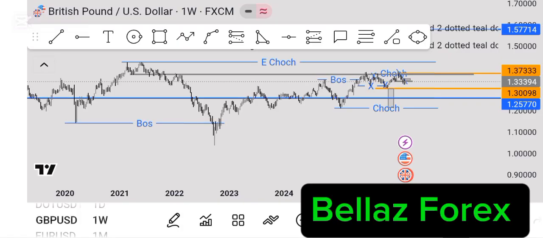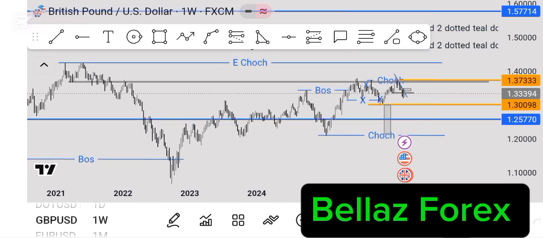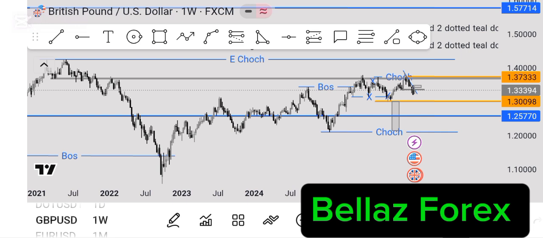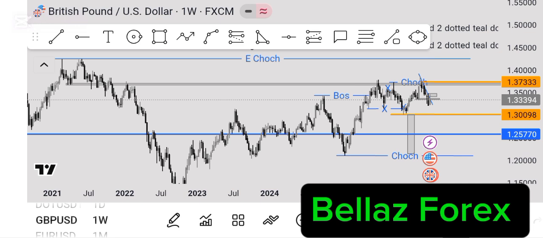So guys, today we're going to be analyzing GBPUSD. As you all know, I always like analyzing from the higher time frame. So this is our weekly time frame. I'm going to be zooming in. From where we are right now, we can see the price has been on an uptrend, breaking structure to the upside. On this weekly time frame, price is currently reacting to a level,